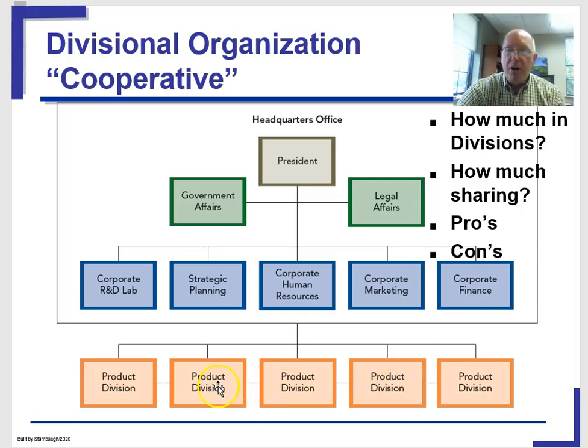How does this stack up on accountability and responsibility? The idea is you start to push down to these product divisions the opportunity to pass at least limited P&L responsibilities. It's not unusual to see a plant manager or someone who's just running a plant who would have some P&L responsibility. So you can push some of the responsibility and the accountability down to these product division managers.